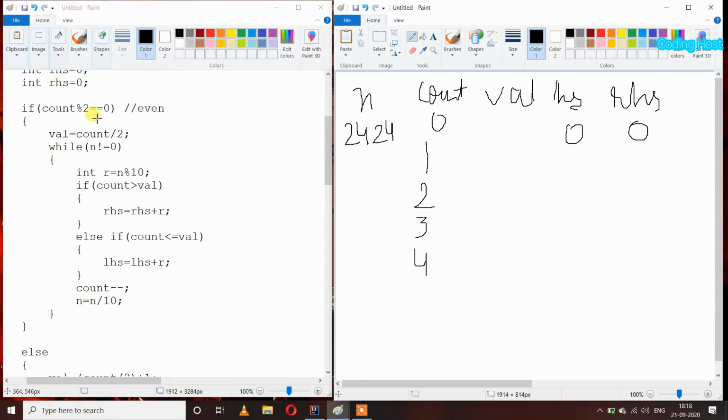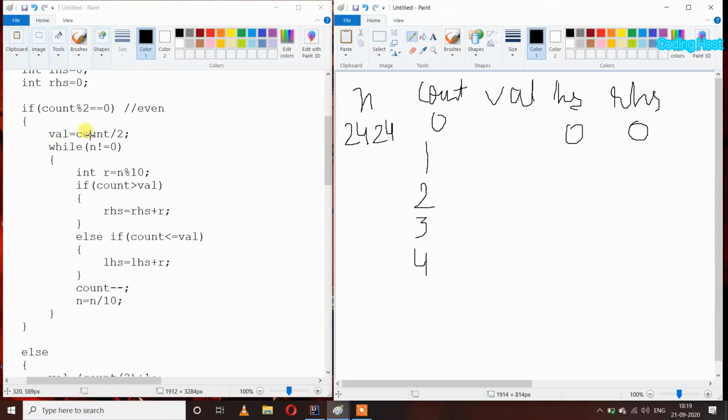And we are using this program for the number which has even number of digits, so our condition is true and we get inside. So here I have written val equal to count slash 2. So we are dividing count by 2 and taking out the quotient and storing it in the val.